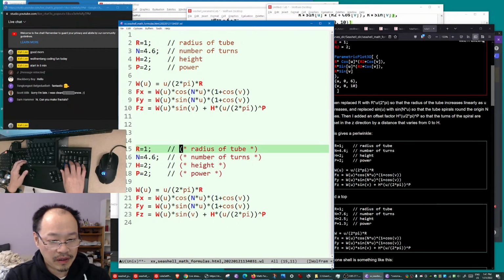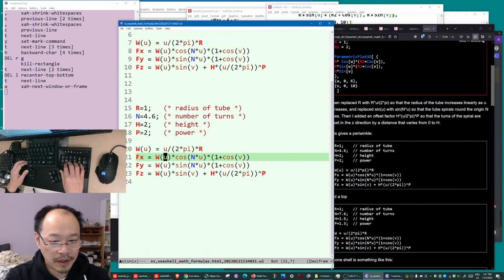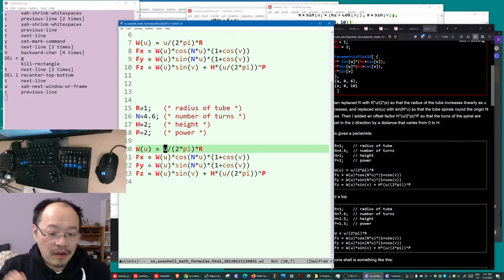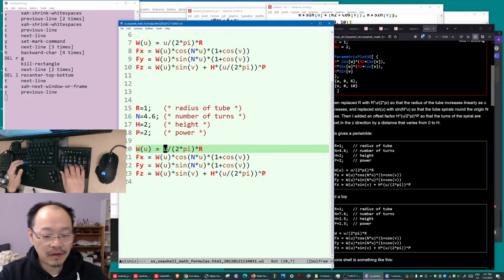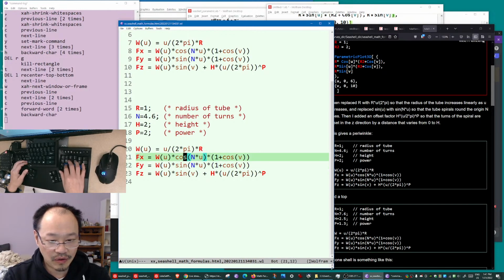There's a lot to do to convert this into Wolfram language syntax. Okay, so let's show the pink window so you can see what commands I'm typing. So we are going to write. You know, it's very tedious to convert this to Wolfram language syntax, but